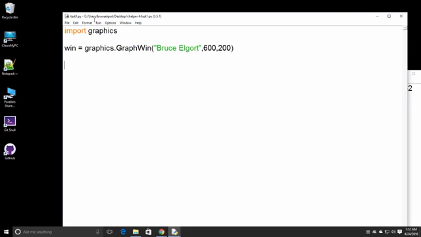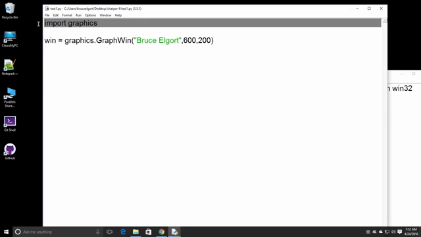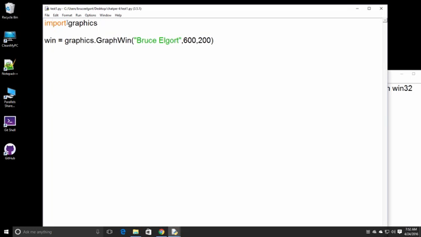If you remember, in week 3 with the math library, we talked about importing libraries. There were two ways to do it. When we use just import graphics, we need to prefix the functions that are in the library with the name of the library, and this happens to be graphics. So instead of, well, win equals graphics.GraphWin,